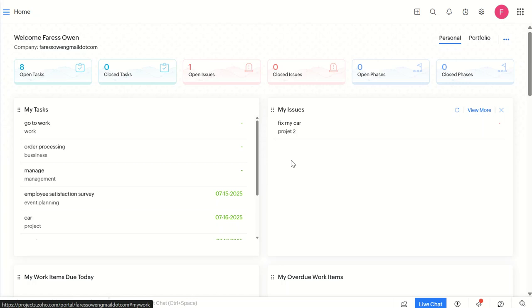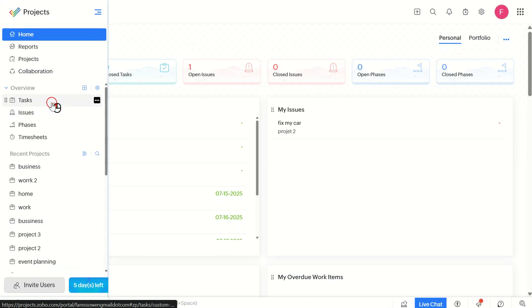Today we're diving into how to use the Timescale feature in Zoho Project, the 2025 full guide. This feature is a real game changer for managing your projects, allowing you to visualize and navigate through your project timeline effectively. Now, the first step is to log into Zoho Project and click on the Tasks and Milestones option